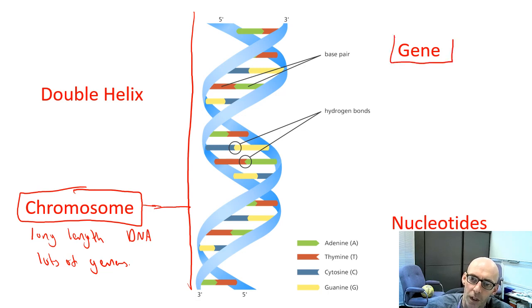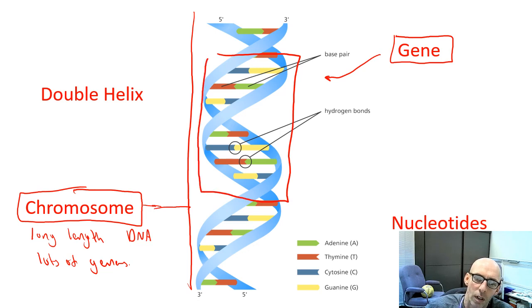A gene then, if a chromosome is made of lots of genes, a gene is, for example here, I could say that this section is a gene. This section, that's one instruction. That might be the instruction for your eye colour. That might be the instruction for how long your humerus, the bone in the top half of your arm, grows. That might be the instruction for how long your eyelashes grow. That might be the instruction on how you make the enzyme insulin, which you need to control sugar level. So each instruction itself is called a gene.